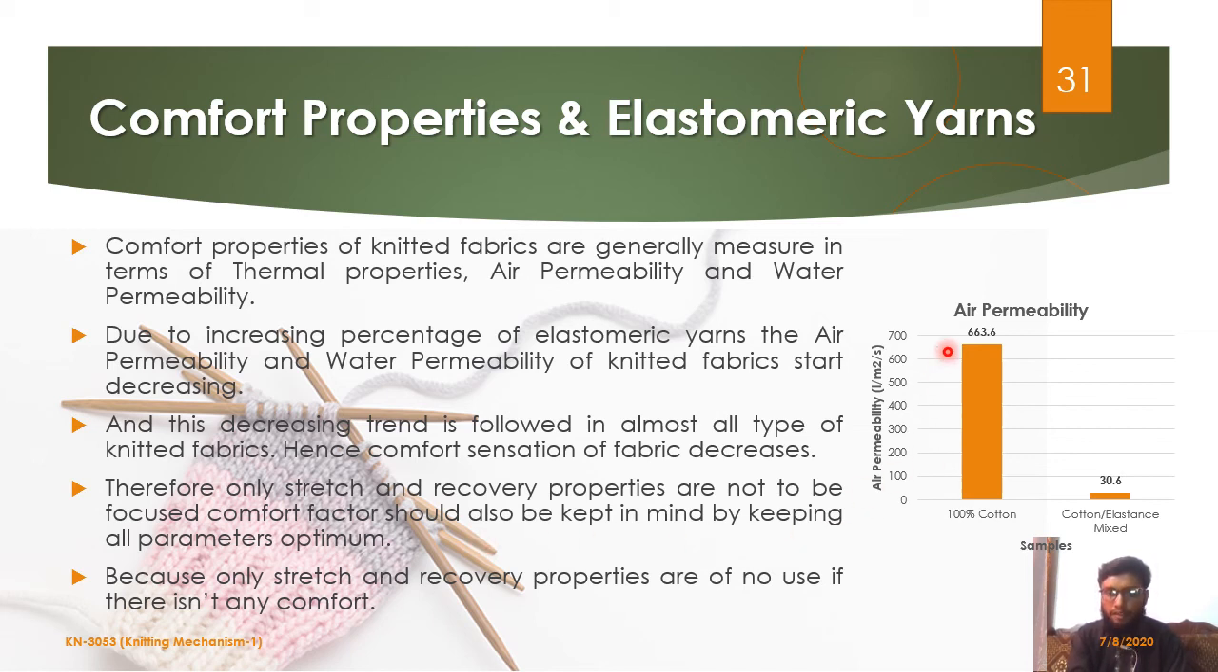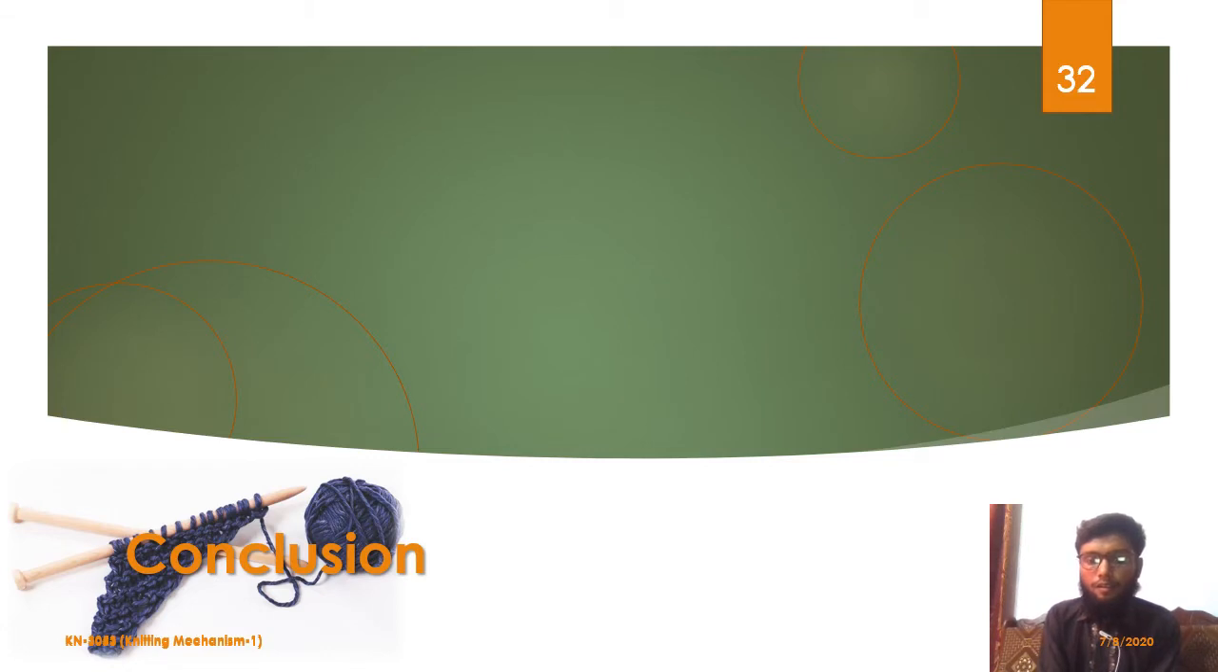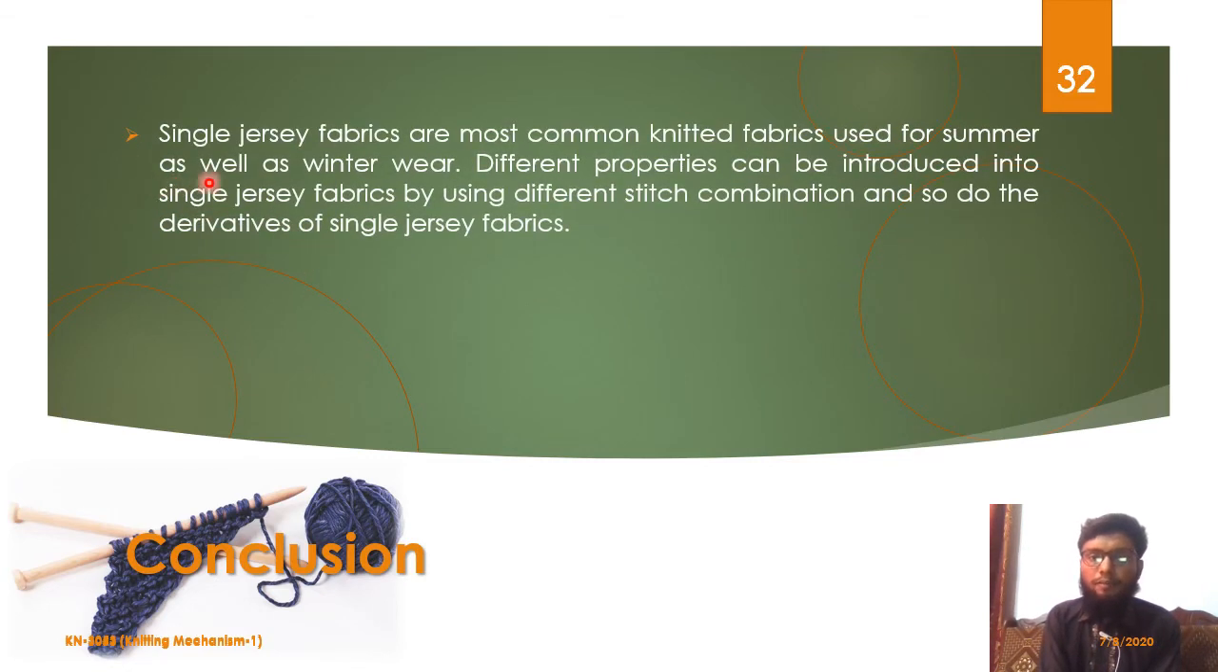Here is a graph that without elastomeric yarn the air permeability is very high, but with elastomeric yarn the air permeability becomes low. Conclusion: single jersey fabrics are the most common fabrics which are used for summer as well as winter wear, because there are several derivatives of single jersey which enables it to be used in winter and summer due to properties